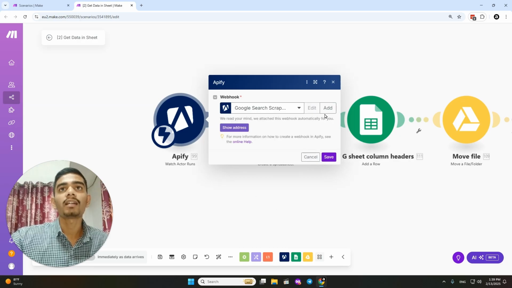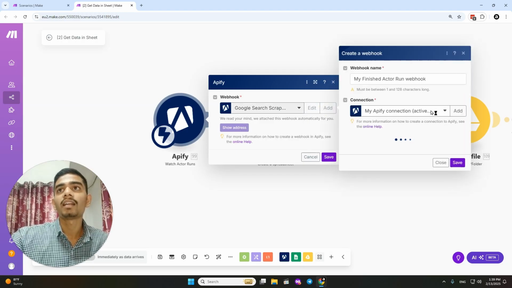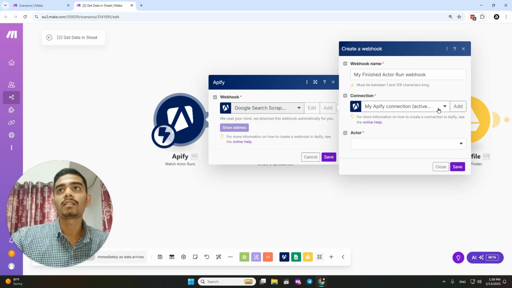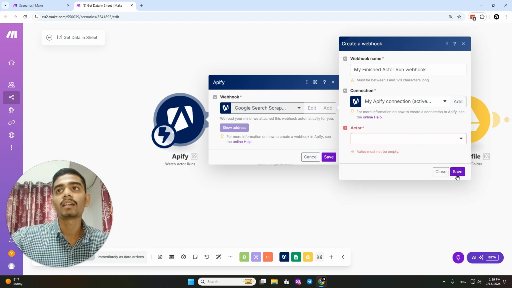You need to click on that, and in the beginning you won't have a webhook already added. So this module is kind of like a webhook from Apify. You need to click on the add button. If you haven't made the connection, just make it, put your API key in here and connect that. Then in the actor tab, you need to choose your actor. In our case, it's the Google search results. You just need to click on that and save it, and it will